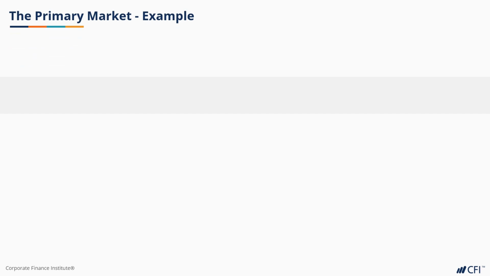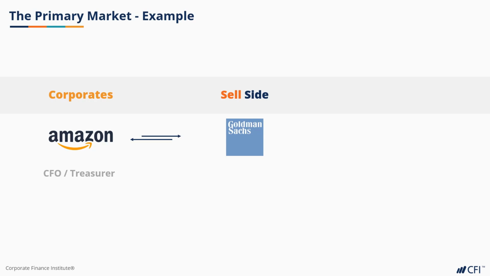So let's go through an example to make this process feel more tangible. Let's say Amazon requires capital to purchase a new software development company. Amazon's current CEO and/or treasurer would reach out to its choice of investment bank, say Goldman Sachs. At Goldman, there is a team dedicated to managing relationships with companies like Amazon as well as its industry peers. This team is called an industry group coverage team, and they will conduct thorough research and analysis to recommend whether Amazon would be best served by issuing debt or equity.